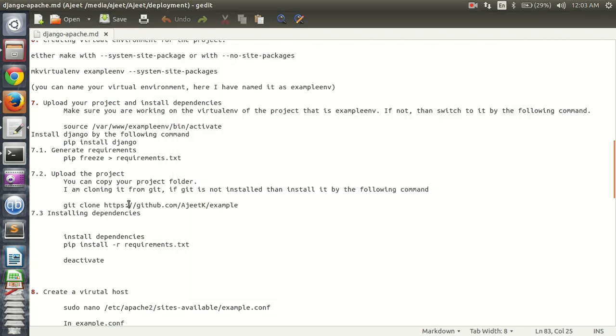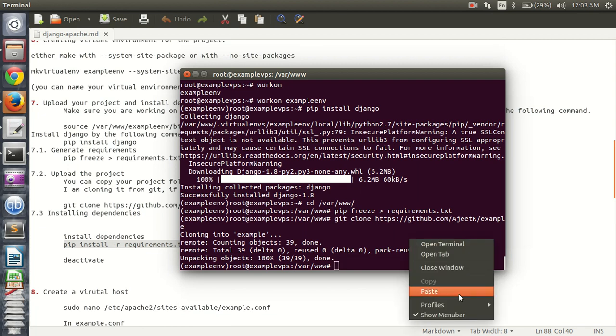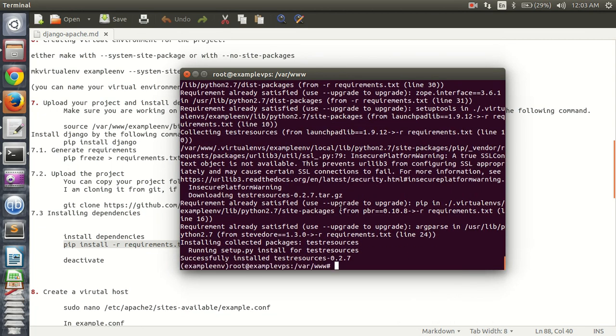One more thing, the requirements that we have captured in requirements.txt, we need to install these requirements, and the command to install is pip install -r requirements.txt. It is going to install everything